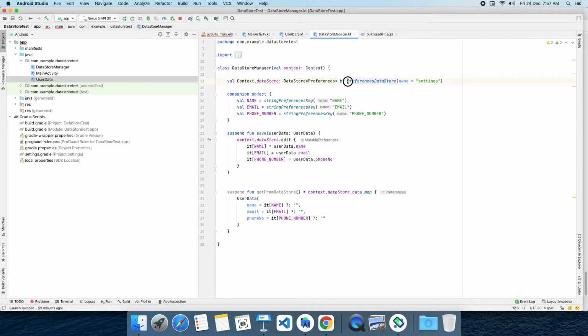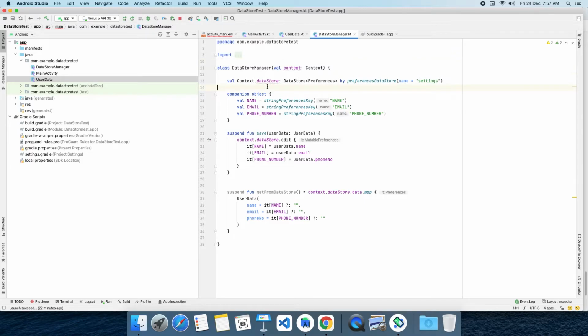That is by using the preference data store delegation method. This is that method. When calling this method, it will return the instance of the data store, and we are saving it here, inside context.dataStore. So that preference reference is saved inside this data store manager.